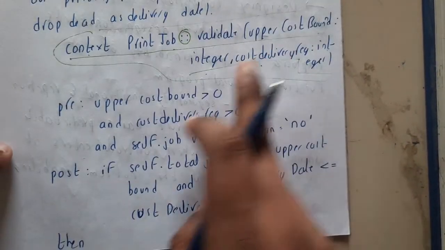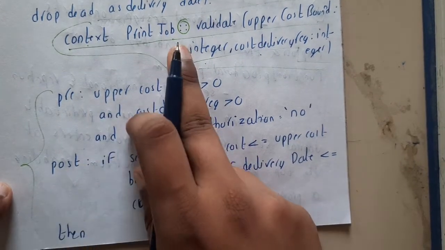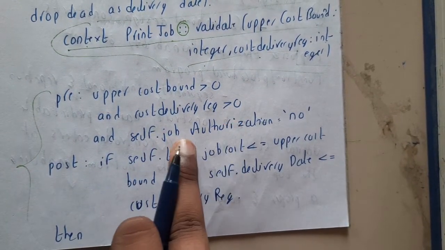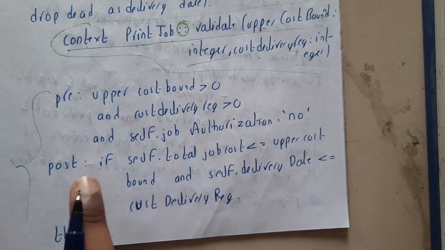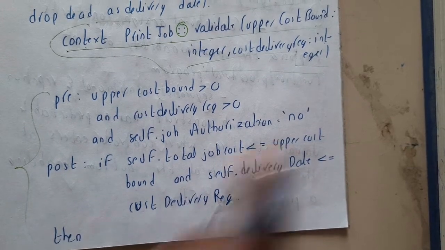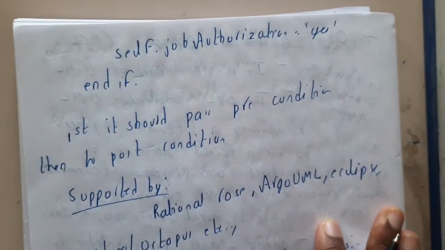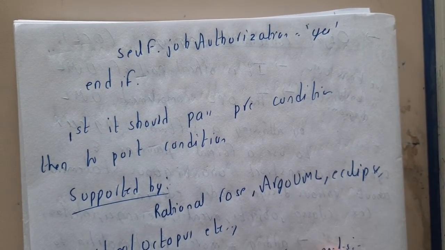Here we can write the conditions also. This is a sample code which I have written, guys. It will be checking for upper bound, delivery cost and delivery date. Similarly, authorization, whether it is there or not, and it will also check for multiple things, and then based on that it will be doing some actions. So basically you can assume that here you are designing almost the outline of the code, guys, in your own language. In English we are doing it like that.